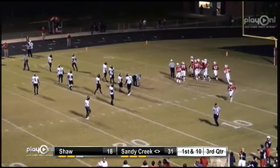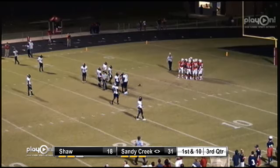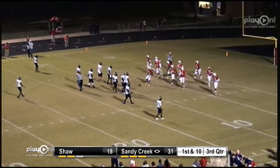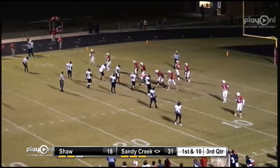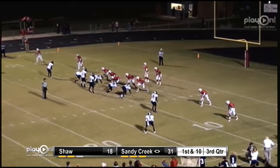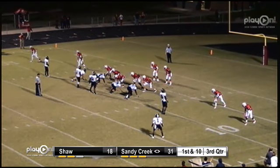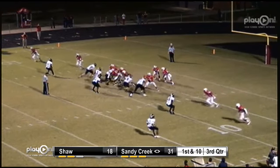So far, 18 points has been the most that Sandy Creek has given up all year long. And like we've said, Shaw's had a tough time stopping Sandy Creek throughout the night, but they've shown that they can score as Whittlesey is dangerous with the football, throwing or passing. It's now Garvin going to take over. This is a big challenge for Shaw right here